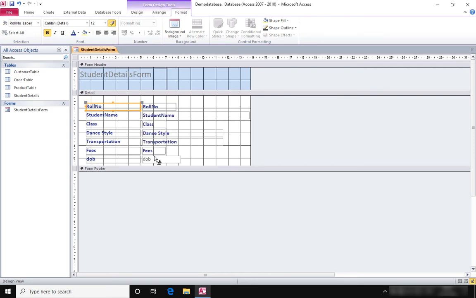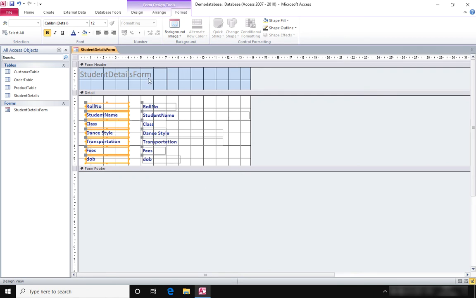After you have done the formatting, let's try to resize the controls. For this, I'll be selecting multiple controls together, so I'll press the Control key on the keyboard and select the controls. After I have selected all the controls, I can go to the resizing handles and drag inwards. And as you can see, all the controls are resized together.